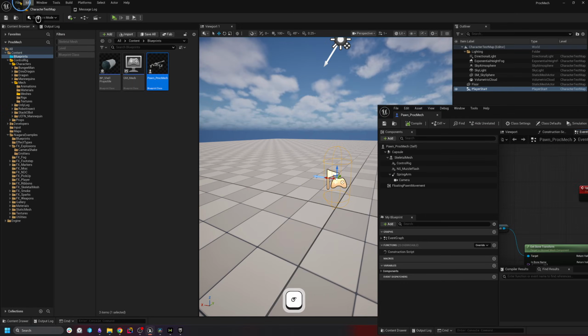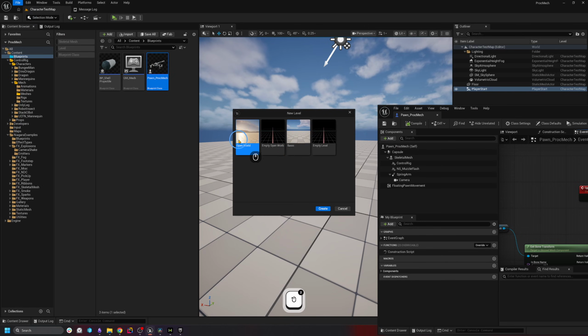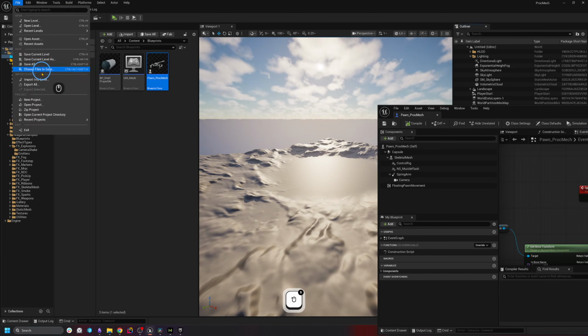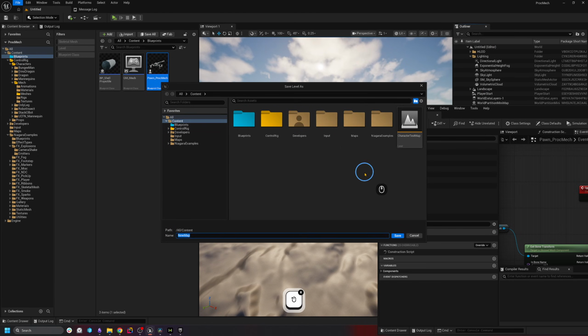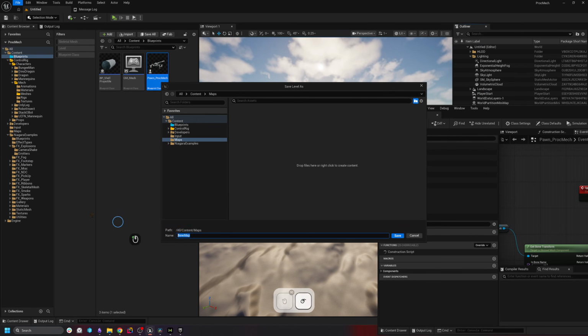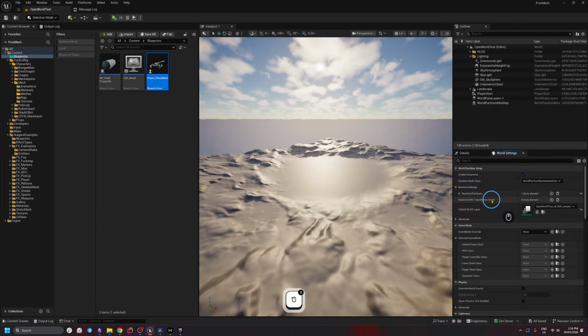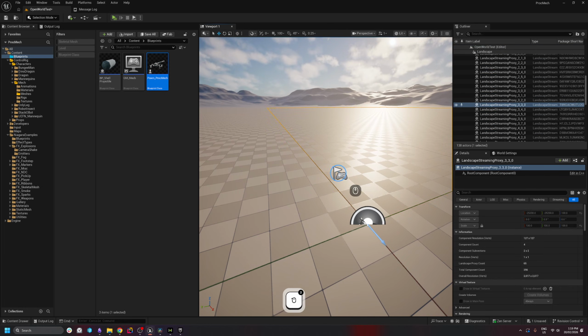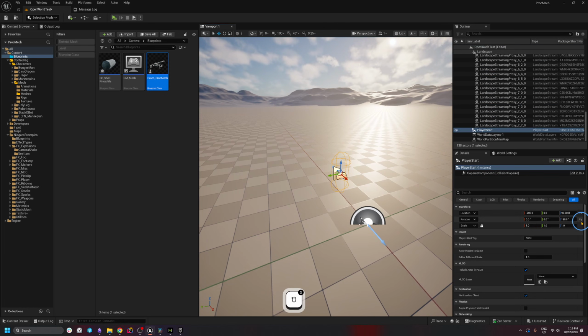For this to work, we're going to need a bigger level. So let's go File, New Level, Open World. Create that. Then File, Save Current Level As, Maps, Open World Test. All right, we need to go to World Settings and apply our game mode, Mech. And with the way that we've set this up, we just need to make sure that the player start here is set to 0 rotation. And when we click play,